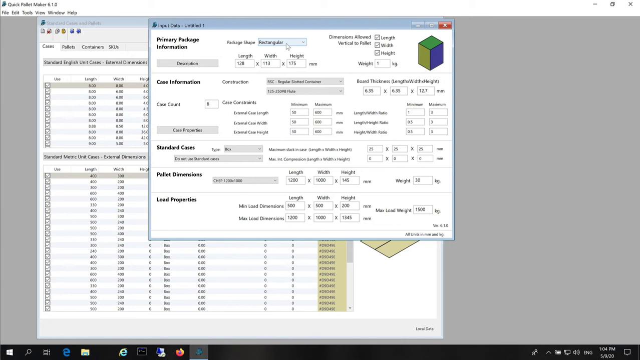The package, the carton itself, will still be rectangular, but it will be measuring 850 by 578 and 3.2 millimeters thick. Okay, the weight is roughly 0.3 kilograms, and the case count will be 50 because we'll have bundles of 50. Now we have to expand the constraints to make a long box